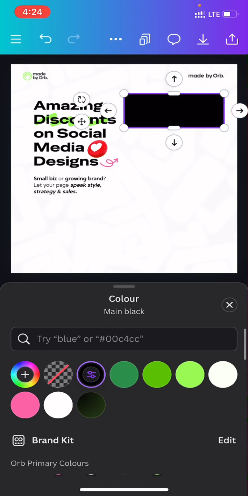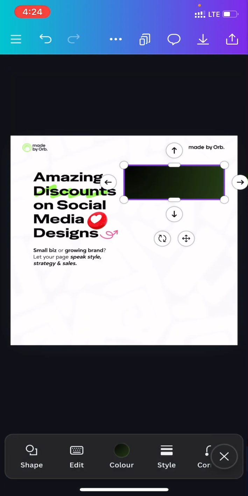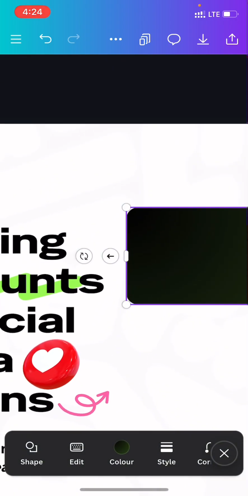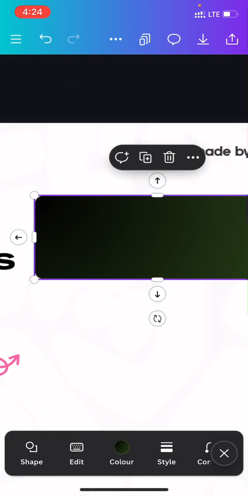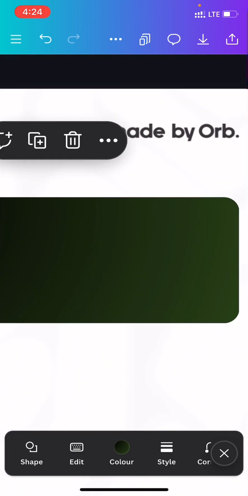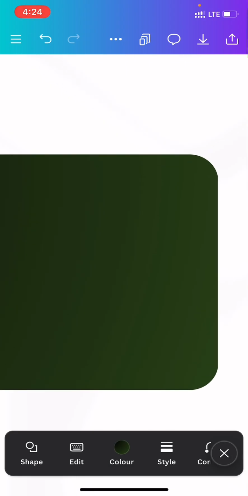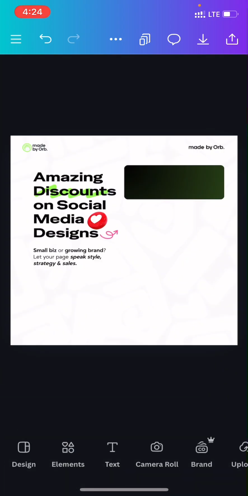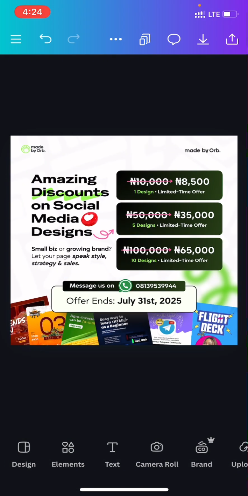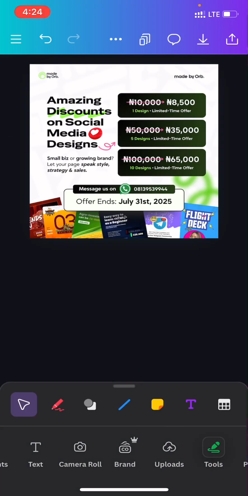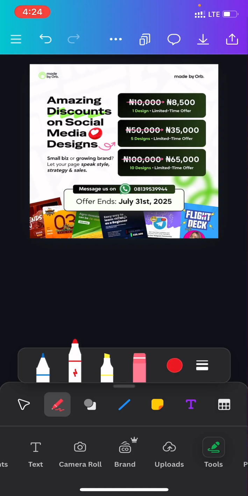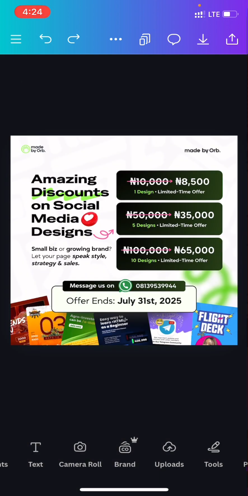okay, so I already have a gradient here. So the gradient moves from a darker shade of green to a somewhat lighter shade. So it's creating an illusion of a light reflection, a green light reflection coming from this part, like coming from here. So that's what I wanted to achieve. But because